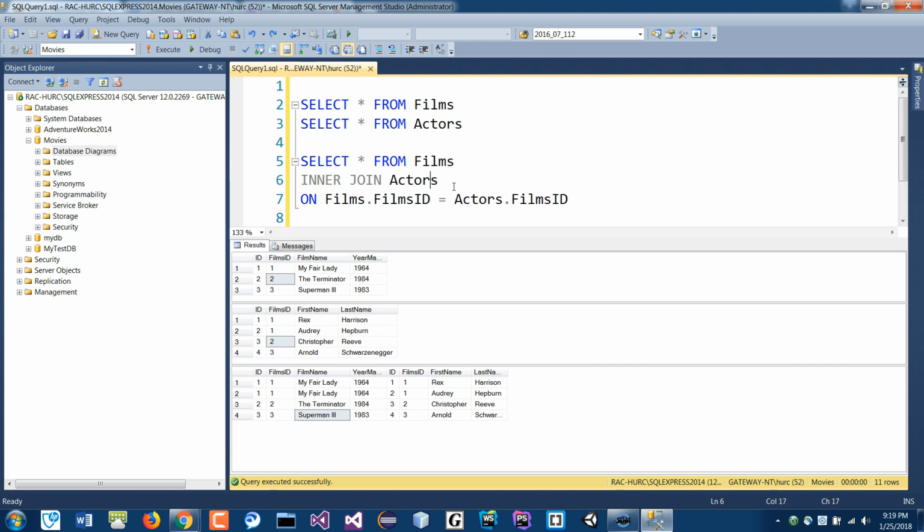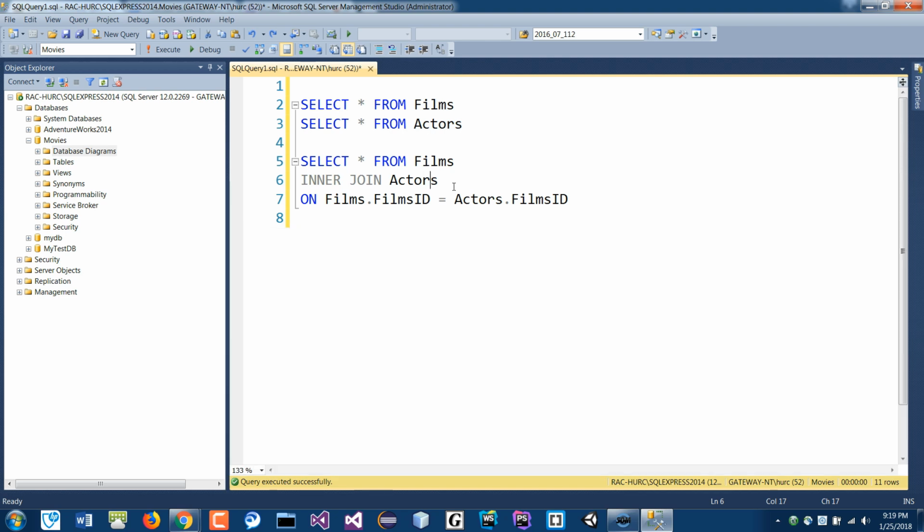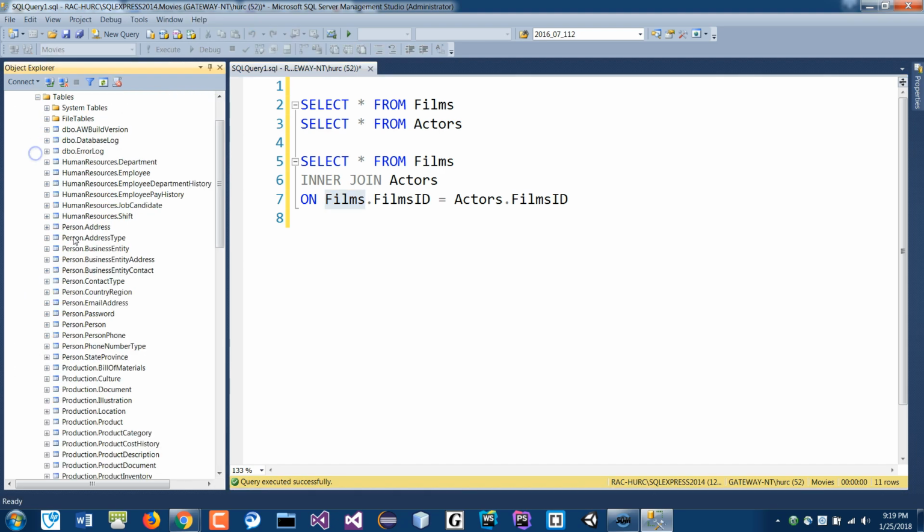So usually when you do this, it's fine here because my names are really short. Films is pretty short. But if it gets really long, like in the AdventureWorks table, you see that has a lot of names, right? Imagine you have to type this in there, okay? So when you have something like this, then you can use a